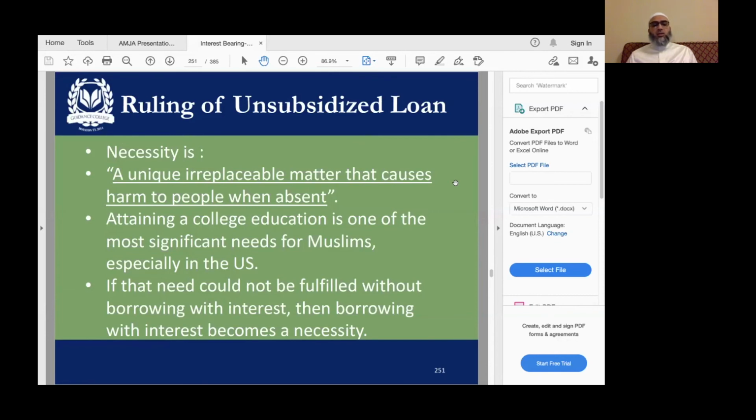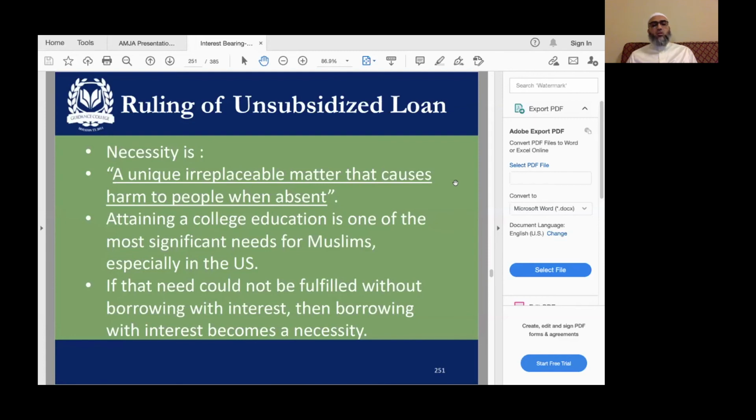In AMJA, we said that if this is the only option where you can proceed with your study, whether undergrad or a graduate study, whether master's level or PhD or postdoc or MD or whatever the level of education might be, if this is the only option, there is no way. You either take an unsubsidized loan, or otherwise you have to quit your study. If that is the case, then yes, you can take an unsubsidized, interest-bearing loan for studying or for higher education purposes. We found actually a reasonable justification for that